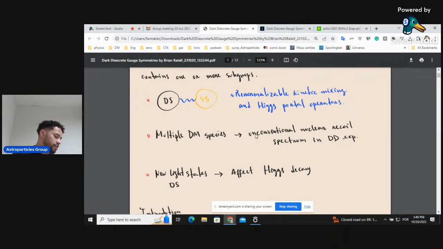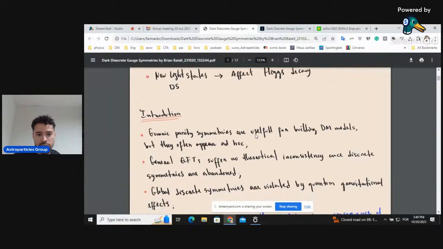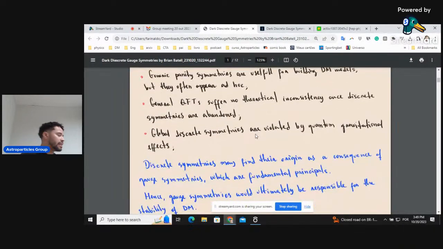But in this case, for example, we could have a semi-annihilation process. We can have couplings with three dark matter particles, for example, and a scalar, that could interact with a Higgs. So they call this kind of process semi-annihilation dark matter, where we can have dark matter annihilating with dark matter, but creating dark matter particles and some kind of scalar, for example. But anyway, so the idea behind these